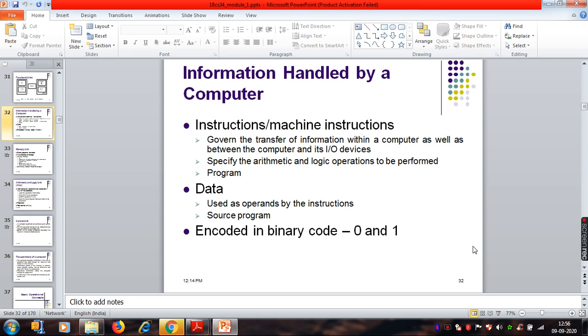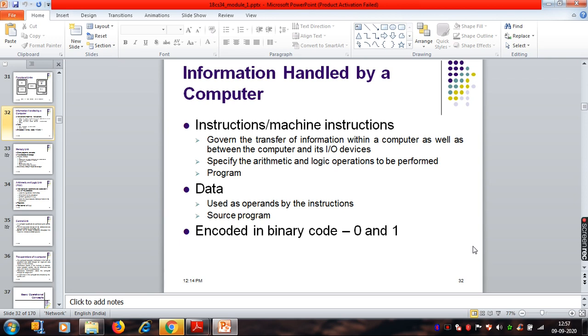Okay, so for a computer to perform a certain task, what is needed? One instruction is needed, data is needed. What are the two things that are needed? Instructions and data. For example, add R1, R2. If you say it like that, then add is an instruction, and R1 and R2 are the data. R1, R2 stand for registers, processor registers or general purpose registers. Different types of registers are there. We'll see all those things later in detail.